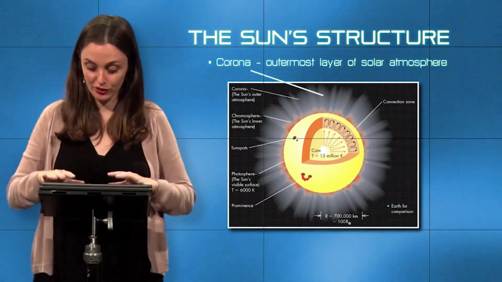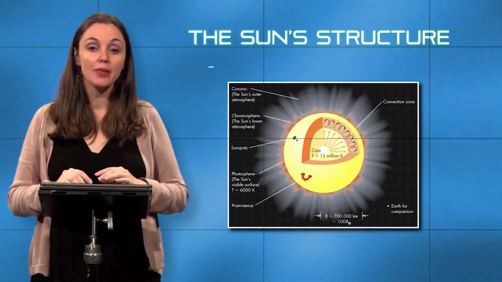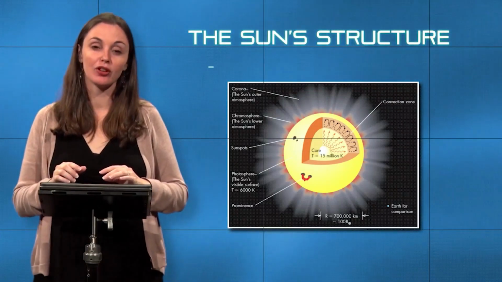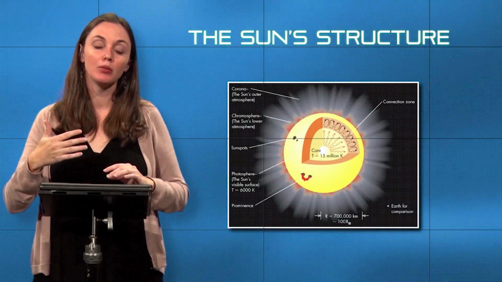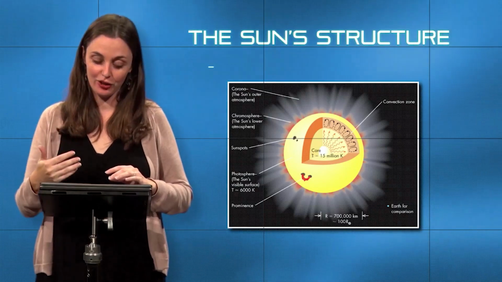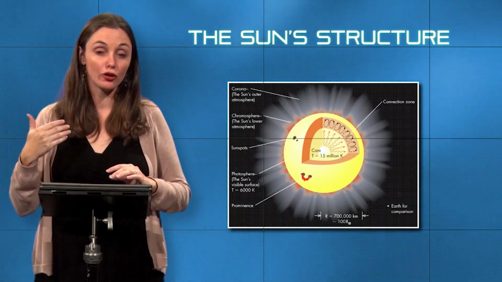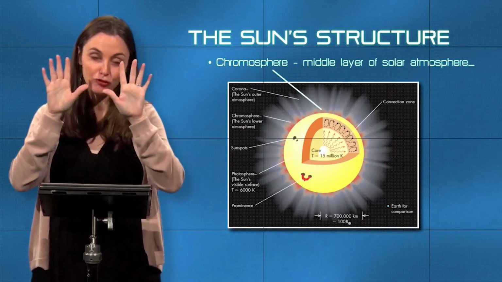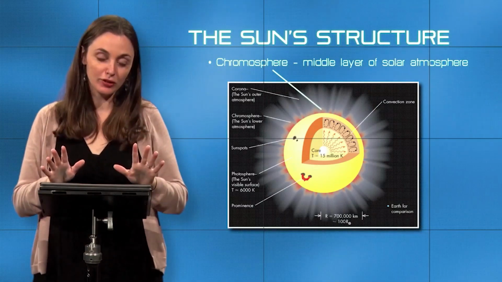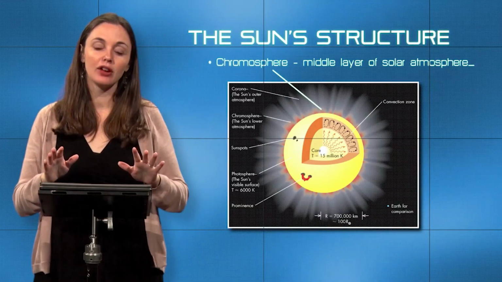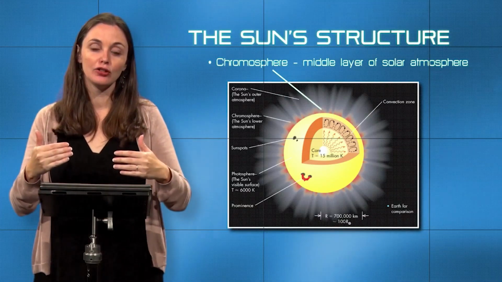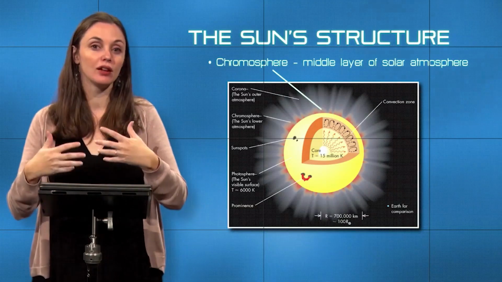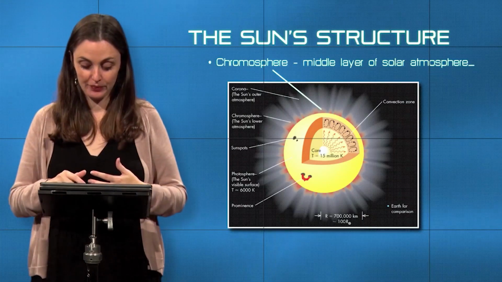It's this outer part of the sun's atmosphere. The middle layer of the sun's atmosphere that begins to be a little bit more brightly colored because it's at a higher temperature is called the chromosphere. This very, very red outer fringe of the sun, barely visible, is the first part to actually be hot enough to be visible in the regular light spectrum.